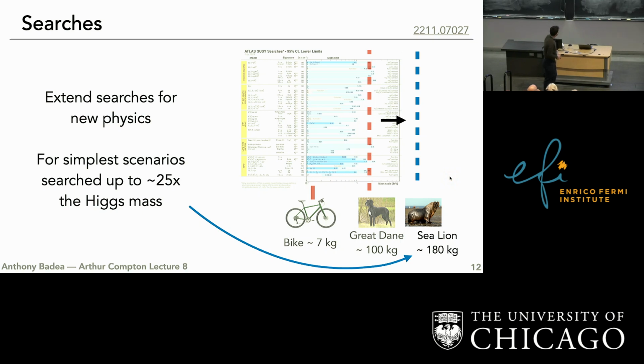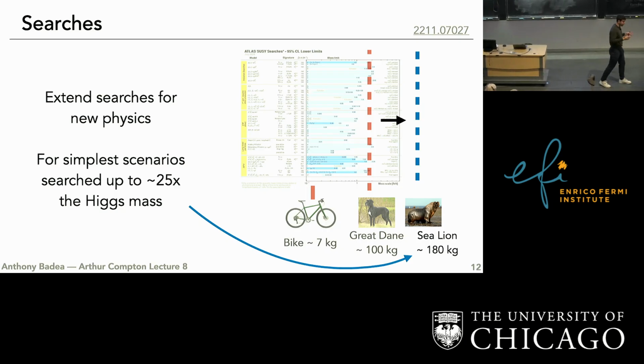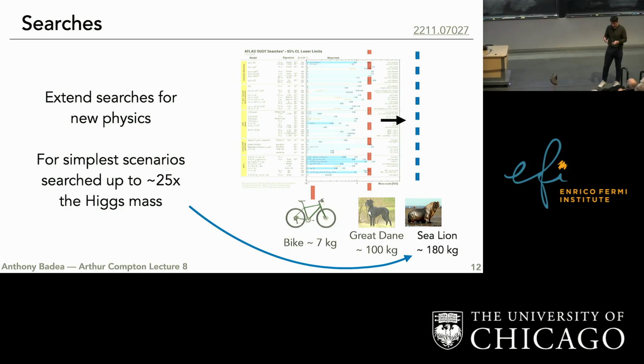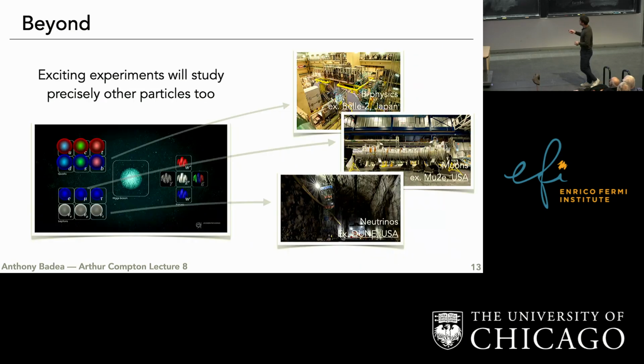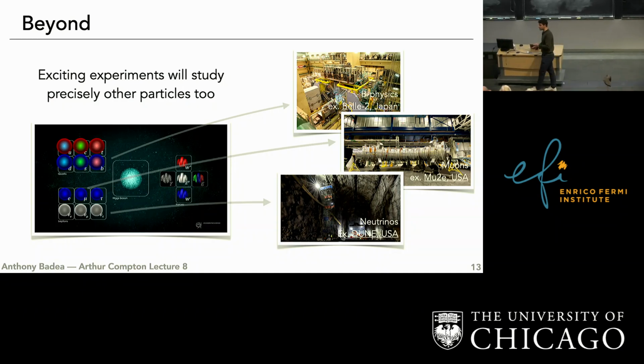And so we're probing higher and higher masses and going from this guy over here to this guy over here. And so these searches are extremely interesting, and they're only doable because we have these very, very high energy collisions and because we have billions and billions of them. But of course, this is not all that there is in physics. The LHC is just one piece of it.